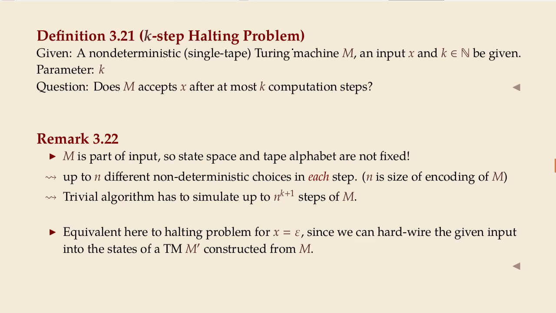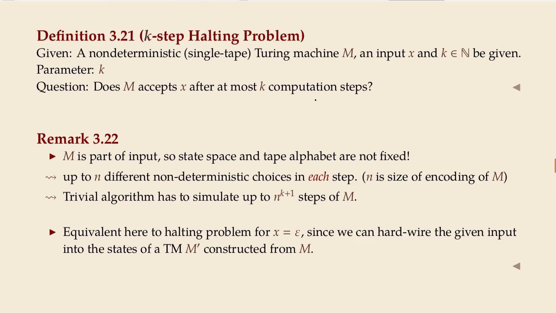Let's look at this problem. Because we defined the problem in terms of these non-deterministic RAMs, it might make sense to go back to Turing machines and the ordinary versions. So let's consider the following parameterized problem. We have the description of such a non-deterministic, but otherwise ordinary Turing machine given, and also an input and a number, which is the parameter. And we ask whether this machine accepts the given input in at most k steps,